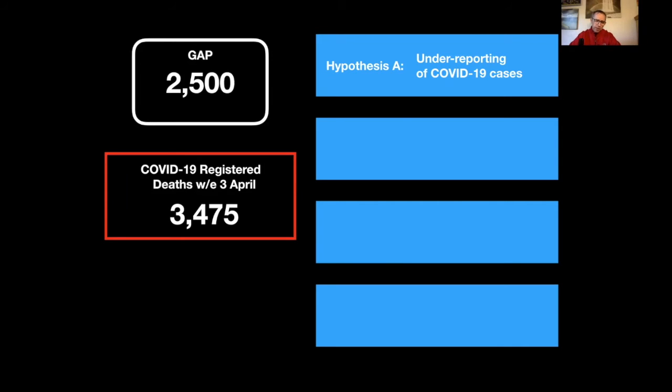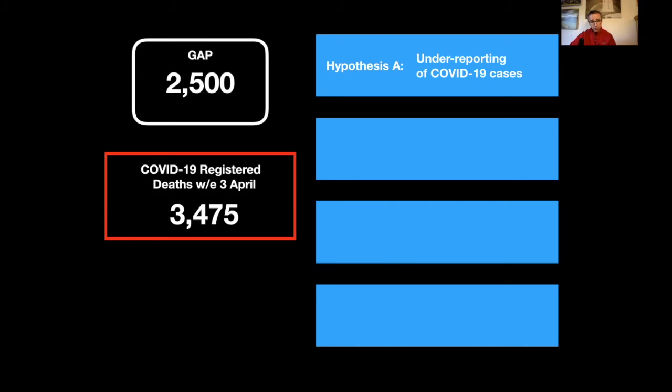And I chose weeks 1 to 10 because in the ONS data, there are no COVID-19 deaths registered. So I took 10 weeks before COVID-19 became a thing. That doesn't mean there weren't COVID-19 deaths in those 10 weeks. It's just that they weren't registered as such. So I took an average there, then looked at the number of care home deaths in week 14, and the discrepancy